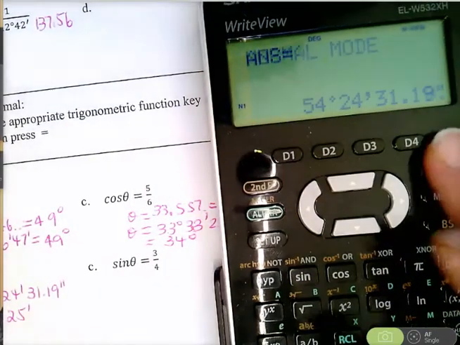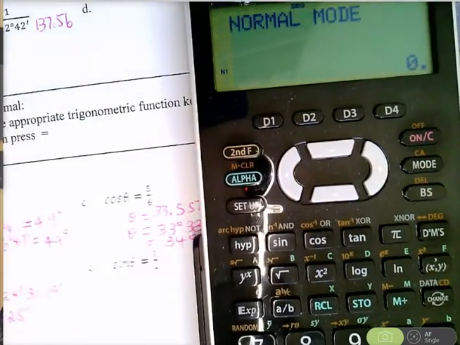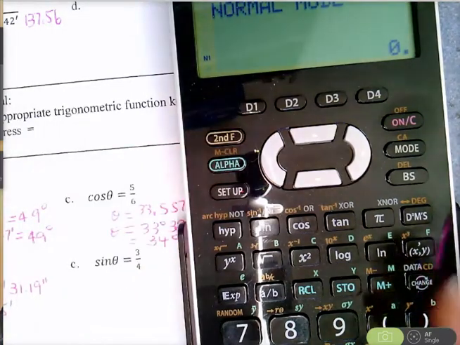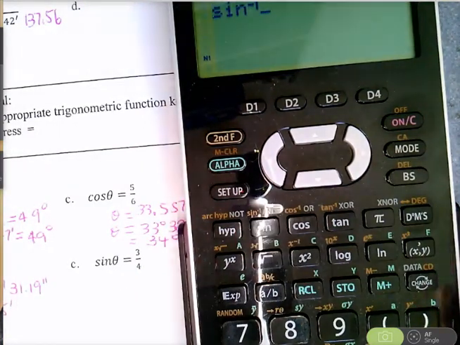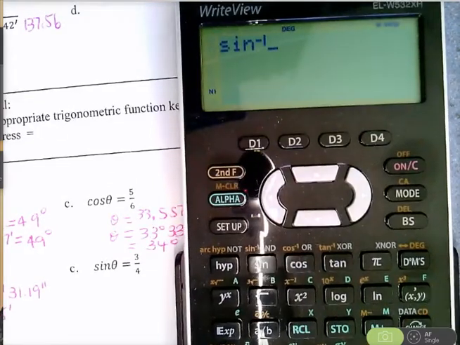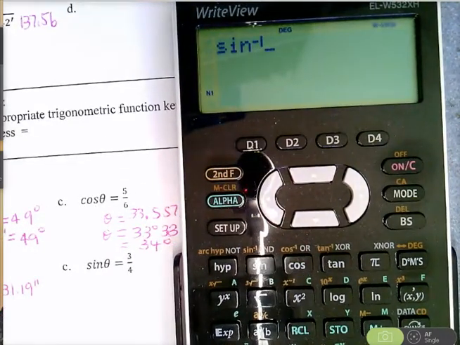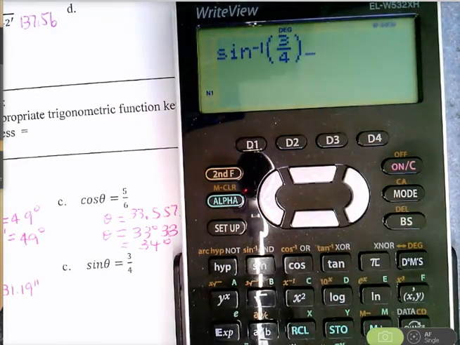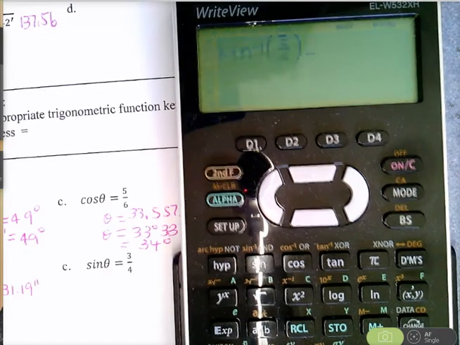And now for the last one, using fractions again. Sine of something is 3/4. So we press second function, sine. Now I don't have a decimal to enter. I could press 0.75, but you're not always going to know what the fraction is. So brackets, 3/4, close bracket. Shift sine or inverse sine, second function sine of 3/4, equals